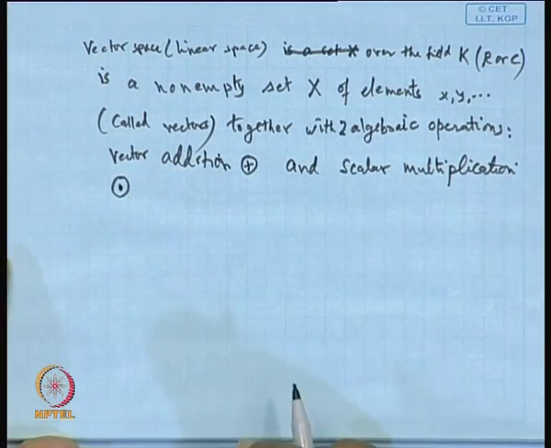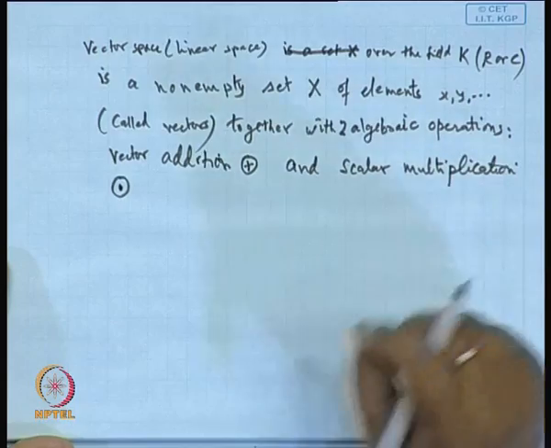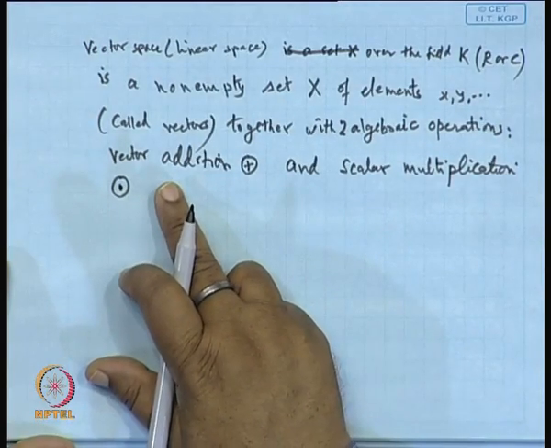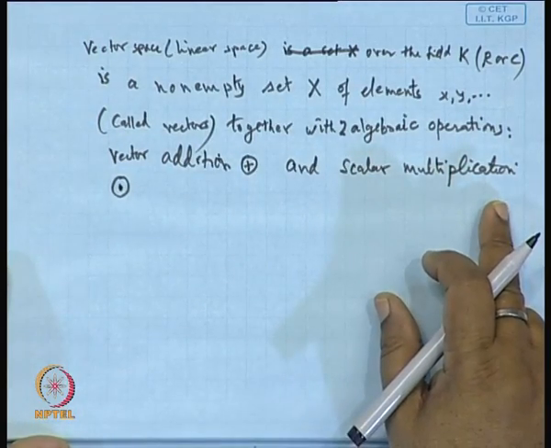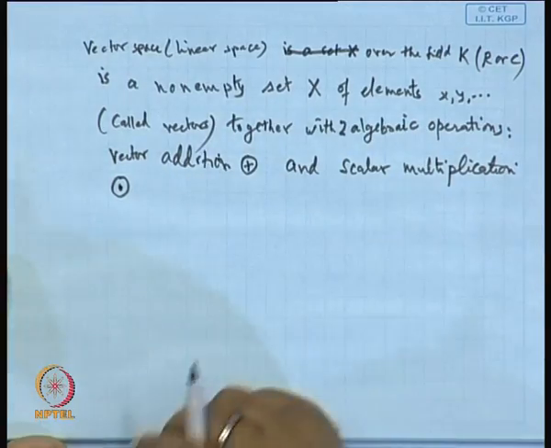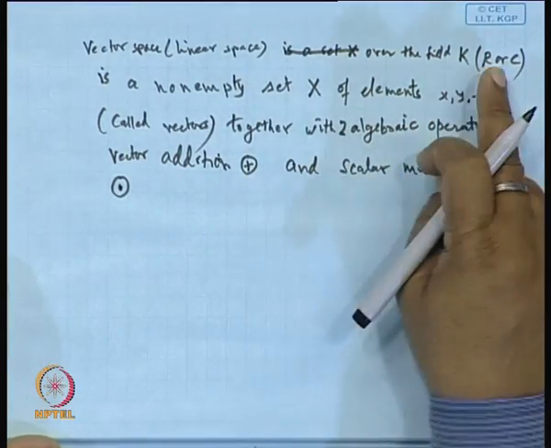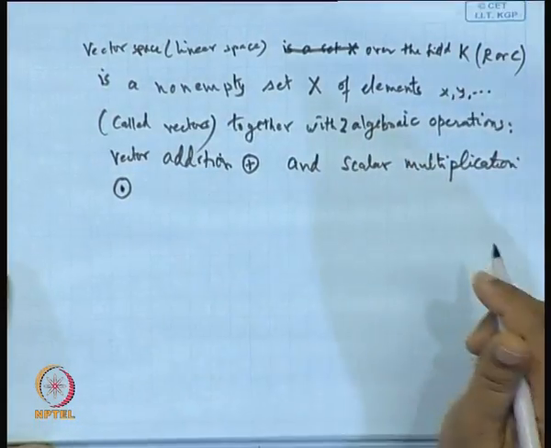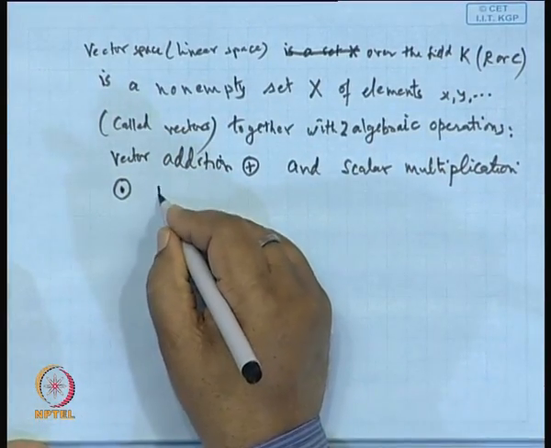So, with the two algebraic operations, one is vector addition, the other one is scalar multiplication, where the scalar is taken from the field K, which satisfy the following